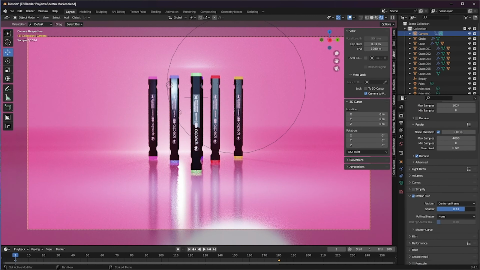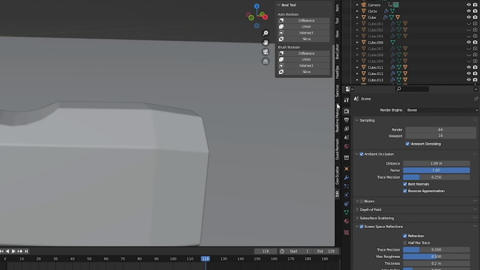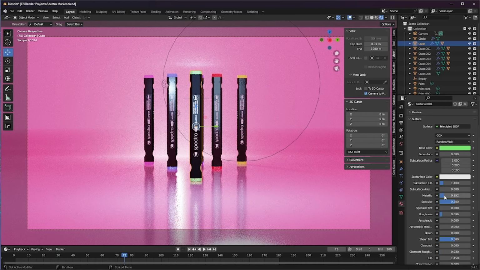We want these to be in 4K. I'm switching my render engine to Eevee instead of Cycles to help it render faster. I'm going to reanimate the camera and markers a few times to get different shots. The few shots I've rendered so far involve basic keyframing, but we're going to add a shot to our video